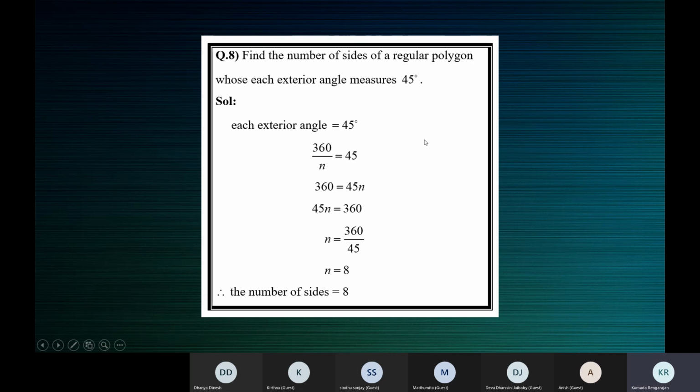In any polygon, the sum of all the exterior angles will be 360 degrees. Only when it is a regular polygon, all the exterior angles will be equal. In an irregular polygon, exterior angles will total to 360 degrees, but each of them will not be equal to one another. Maybe if there are 6 angles, 2 of them will be equal, but all the angles will not be equal.